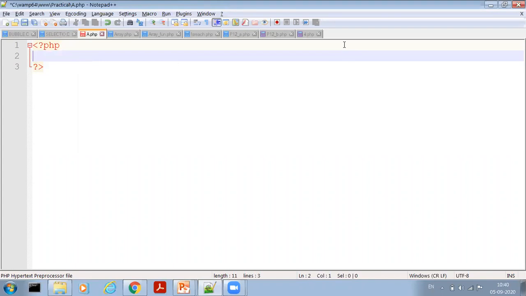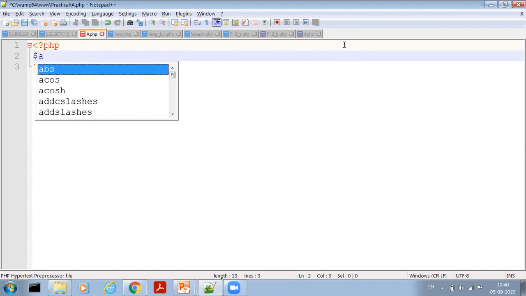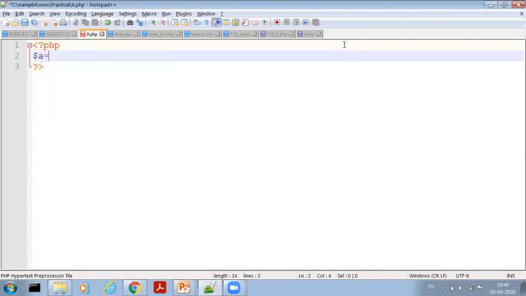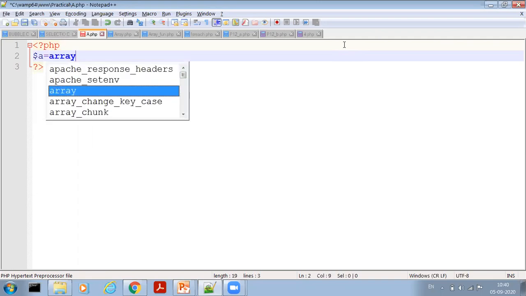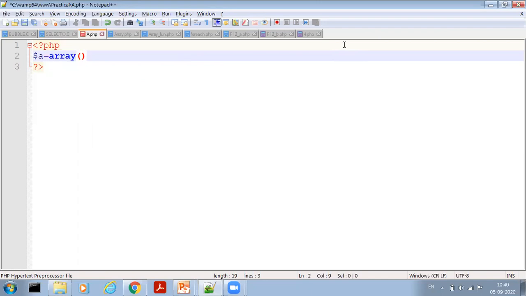Now in the PHP script, first declare one variable $a equal to array, which is the array function used to create an array. Now here I write 10, 20, 30, 40 and 50. I declare one array $a with values 10, 20, 30, 40 and 50.